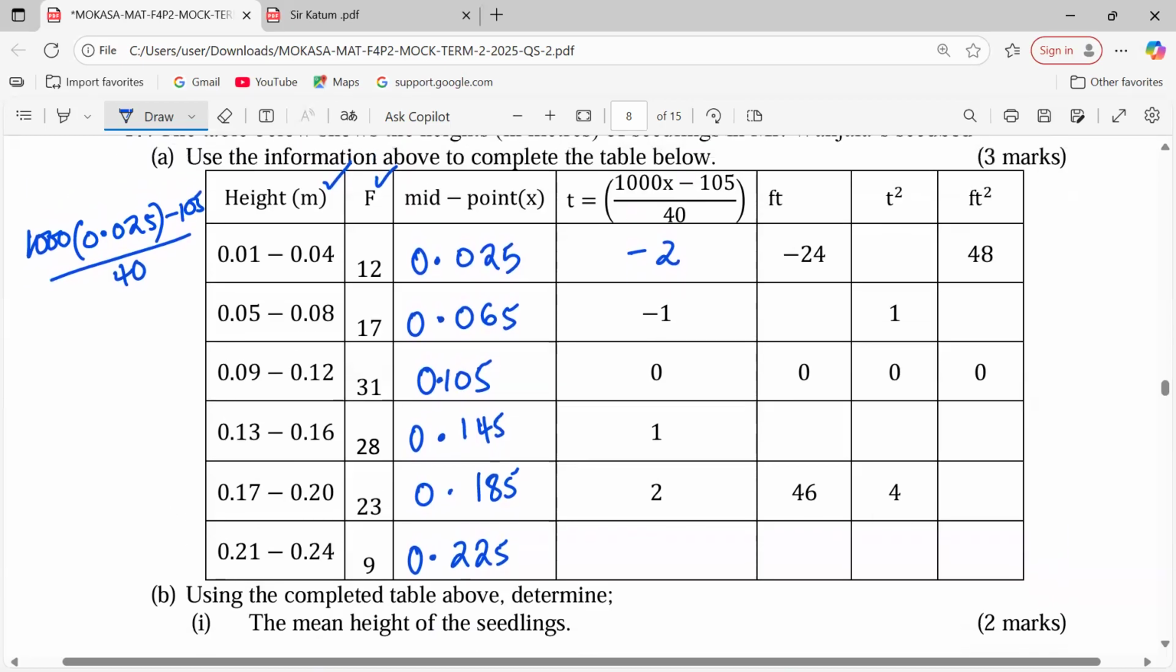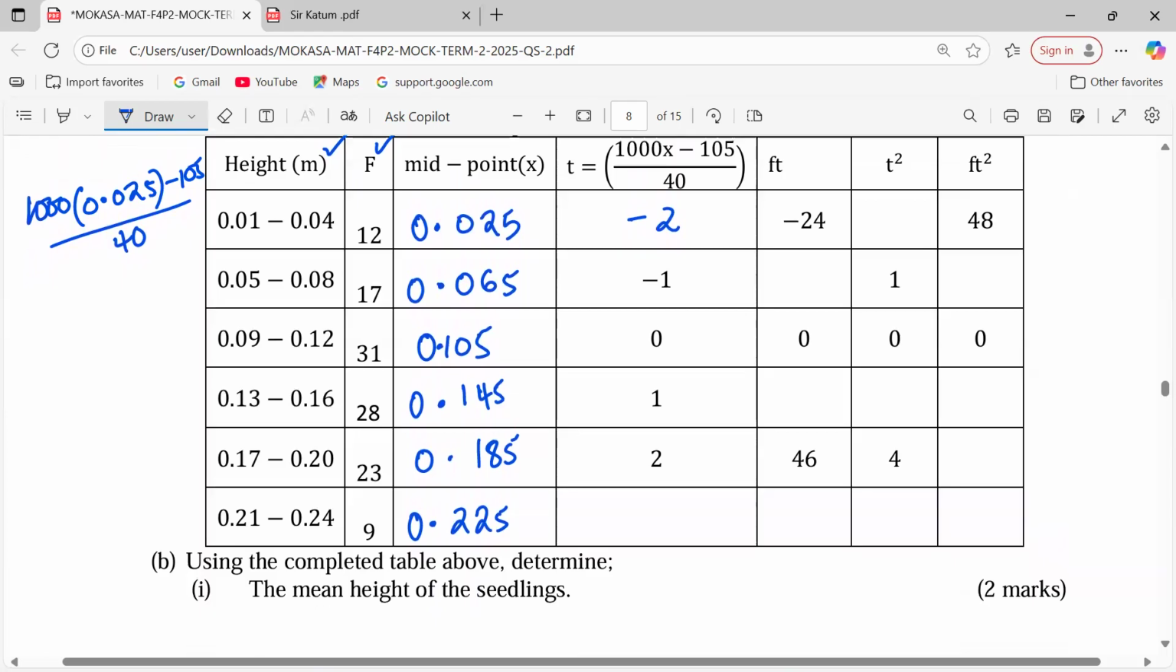You just operate with your calculator very carefully. The last one, we do the same. We write 1,000 into 0.225. Then we subtract 105 and we divide by 40. I'm getting +3. Then after that, we are supposed to multiply every frequency and the